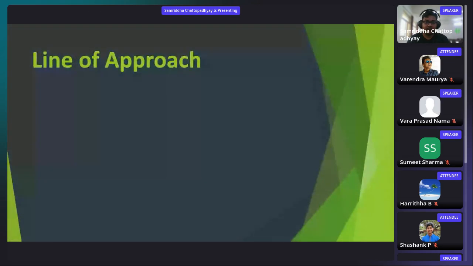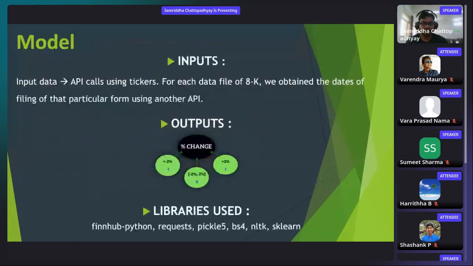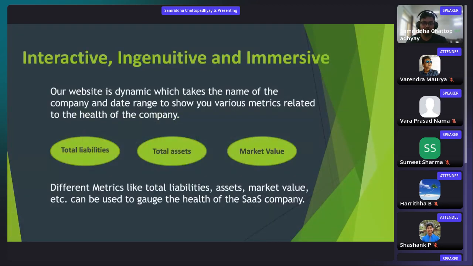So we have covered all these things. Let's see what are the features of our product right now. So the features include these exact things. So I'll go over each and every point in detail. Firstly, our product gives you some tools and metrics that you can use to analyze the data from the Edgar database and the national database. So firstly, what we have here is some liabilities, assets, and market values. So when someone wants to analyze the data, they have to know the exact metrics using which they have to analyze. So all of those things we have bundled up in one web app, and we have presented to you this